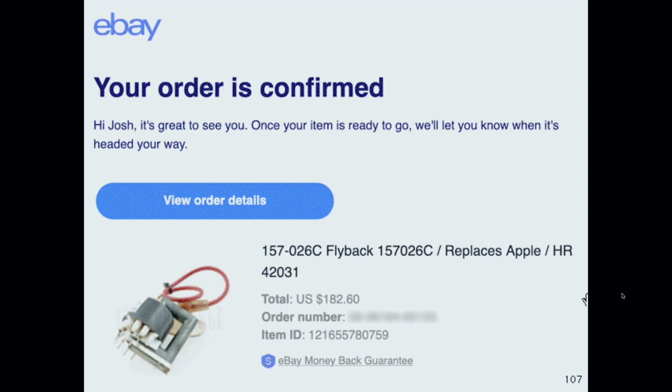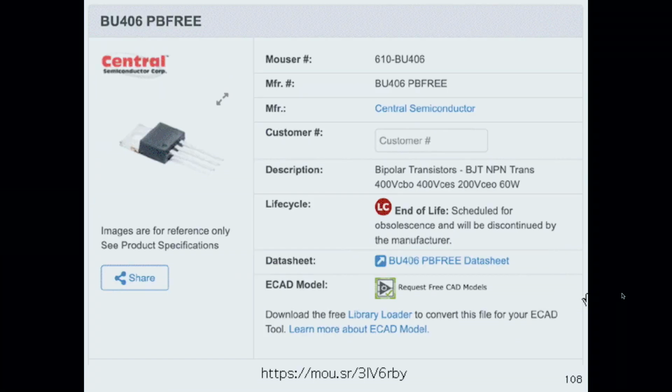So in the end, I shelled out $182.60 US on an eBay order. I hope it worked. I also needed to buy this thing. When the flyback blows, usually this other transistor blows. The key point here on this screenshot from Mouser is that it's marked as end of life by the manufacturer as well. So parts are running scarce.